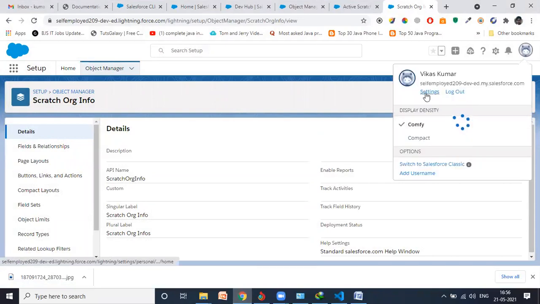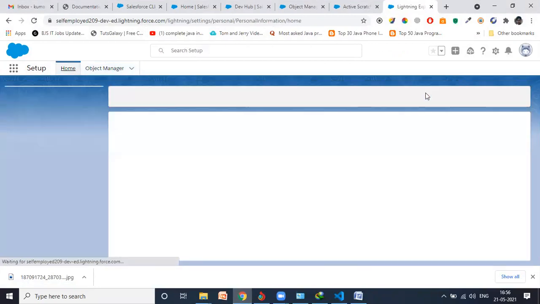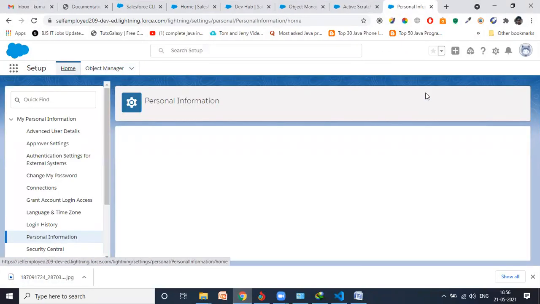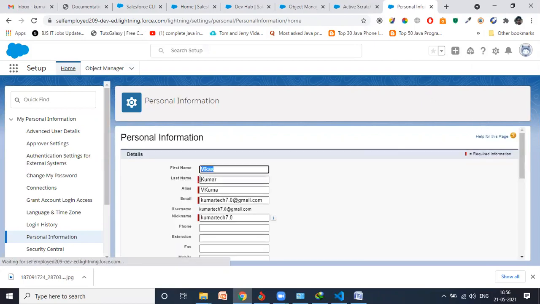So for that, I need to click on settings. Then this is the name. So copy this Kumartech 7.0.